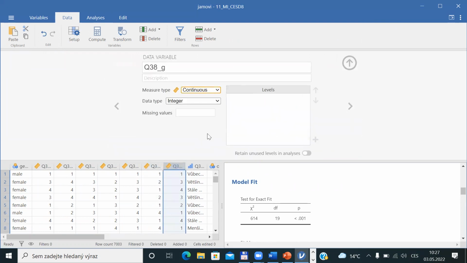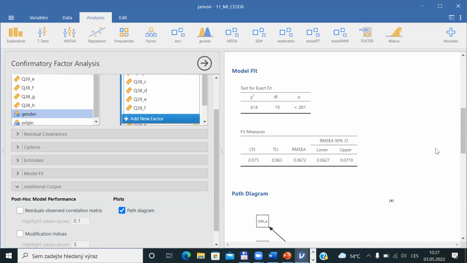So here we are, all these are redefined as continuous. And if I go back into analysis, we still have the same results, of course. I would need to go into SEM